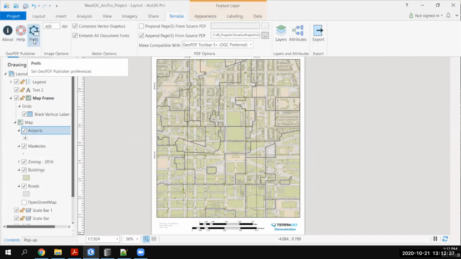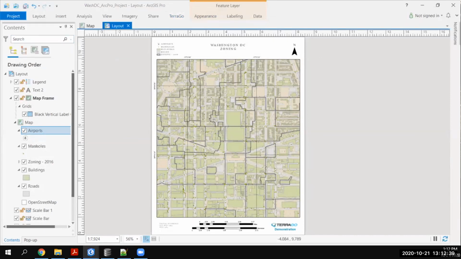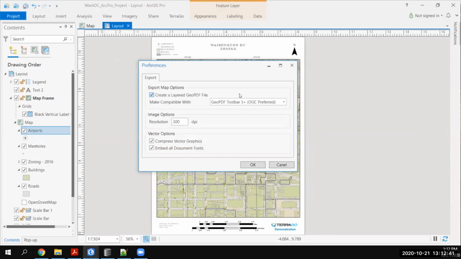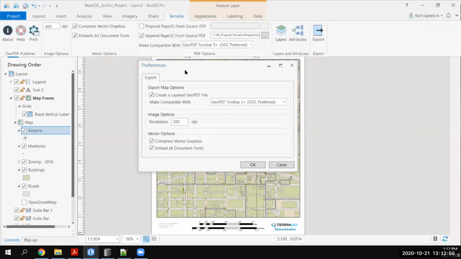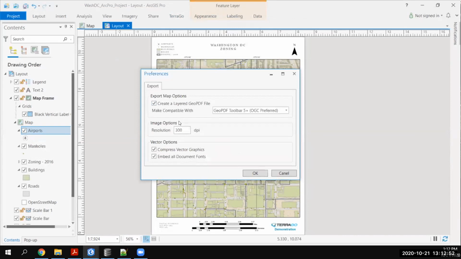Then you've got this dialog called Preferences. It's going to be quite similar to what you typically would see in the ribbon itself. But with this preference dialog, what it does is it is what would be the defaults for a brand new map project. So on the desktop side of things, I know a lot of you are familiar with the map